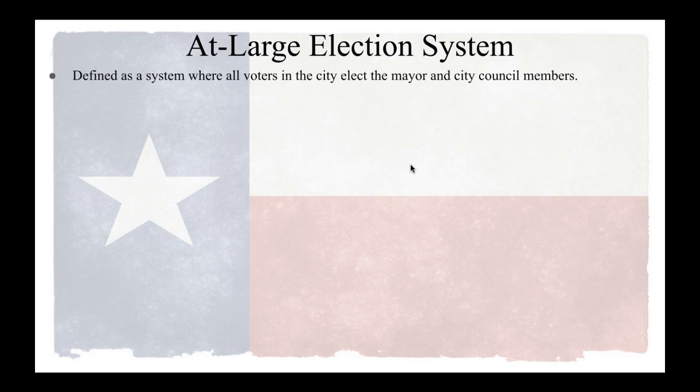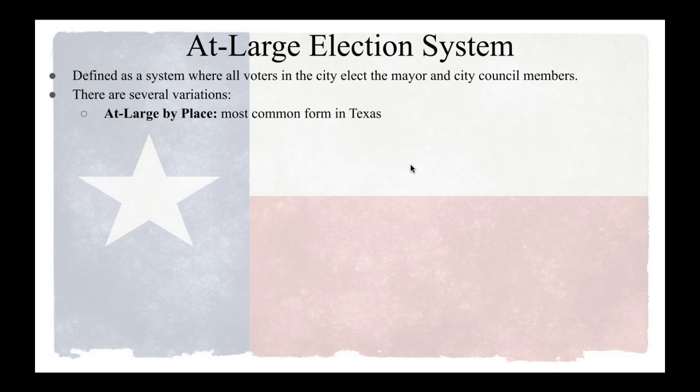So at-large election systems are defined as a system where all voters in the city elect the mayor and the city council members. So relatively simple. And so these members are elected by everybody in the city, but there are a couple of different variations of this kind of at-large election system. So you can